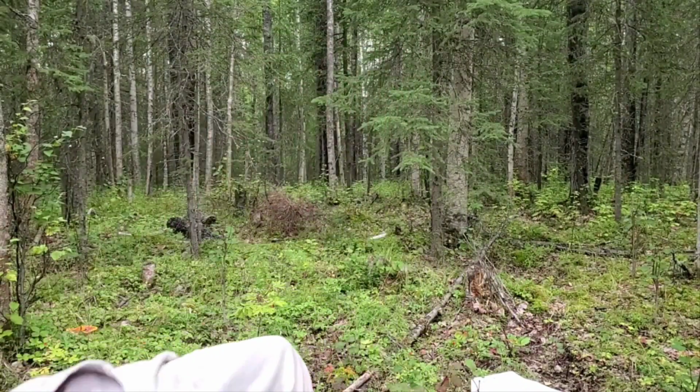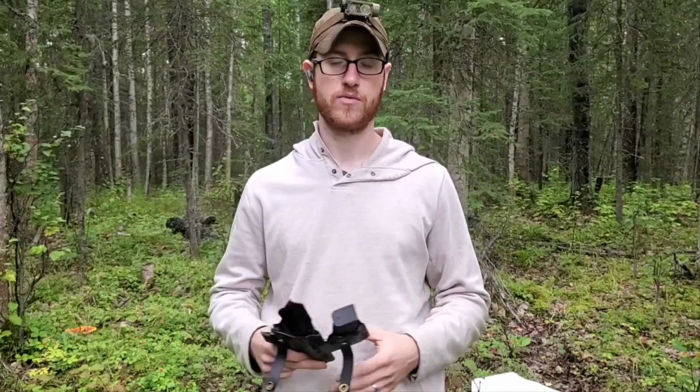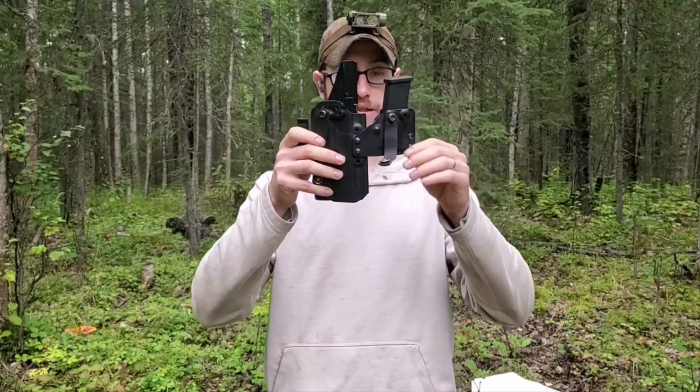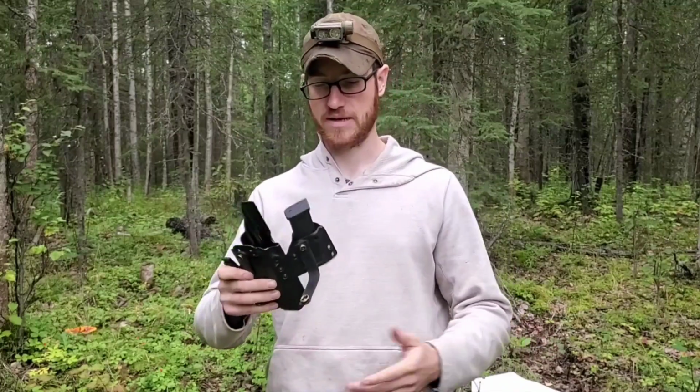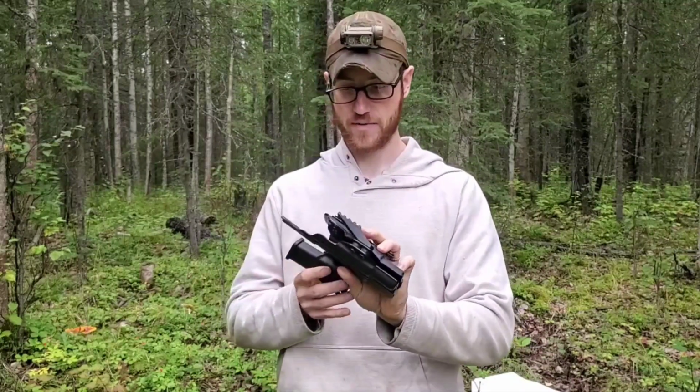Now, of course, when you're running like this, you're gonna have to just hike those pants up and work with what you got. But honestly, with that hiking the pants up trick, it makes a significant difference. Now, I love running this. I'm running this currently just out of convenience, but this is my preferred method of carry when I am